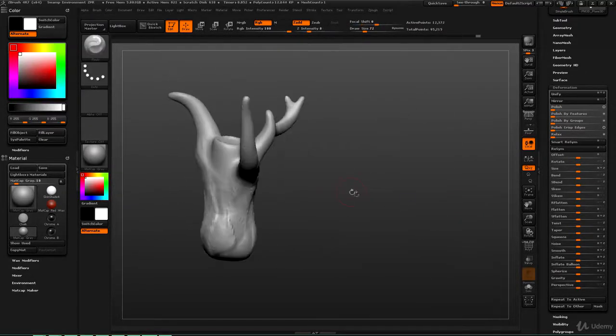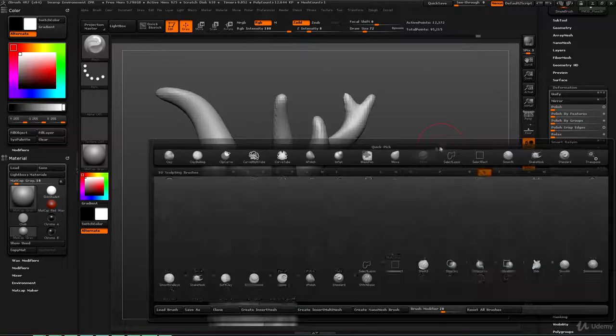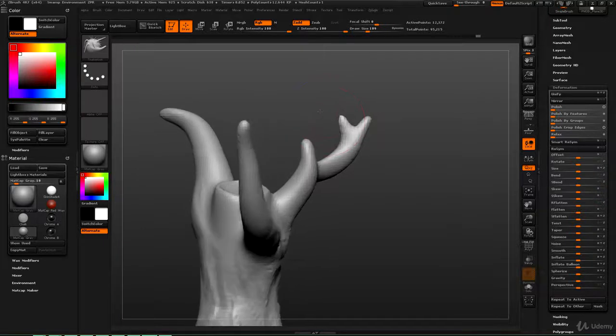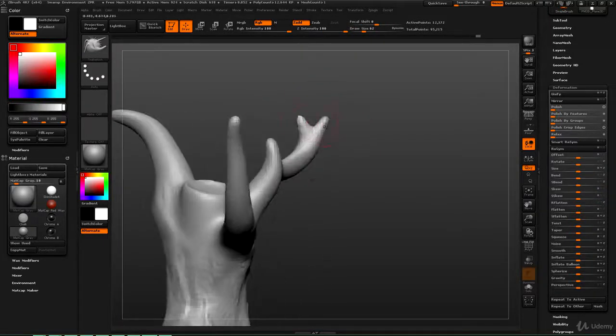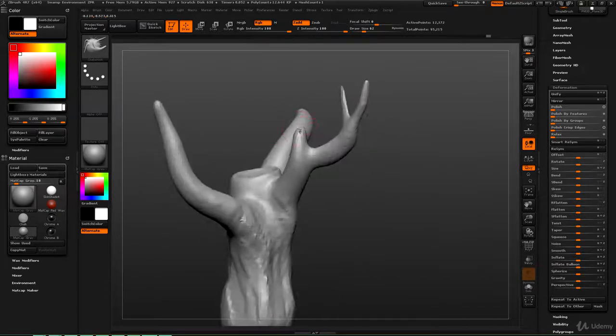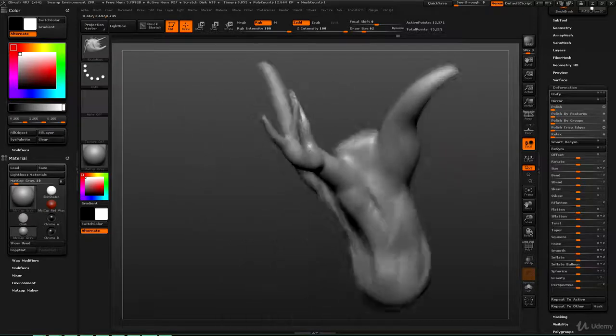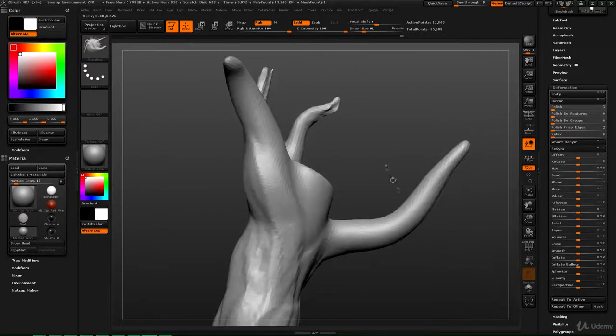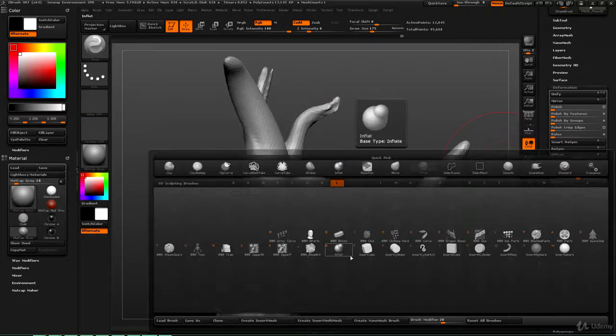Dynamesh again. I'm gonna mess with my snake brush. And if you have stuff like this that are really small, you can always drag that. See? And even shape it however you want. Just don't forget to Dynamesh. And if it's too close together, make sure you inflate. So inflate brush,